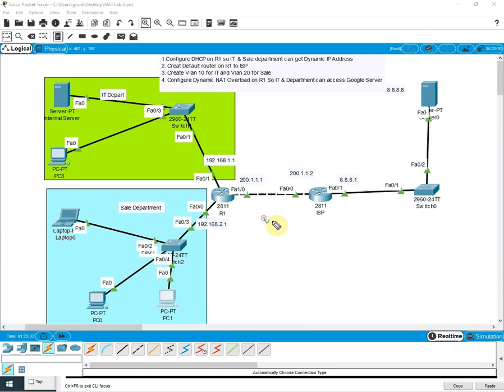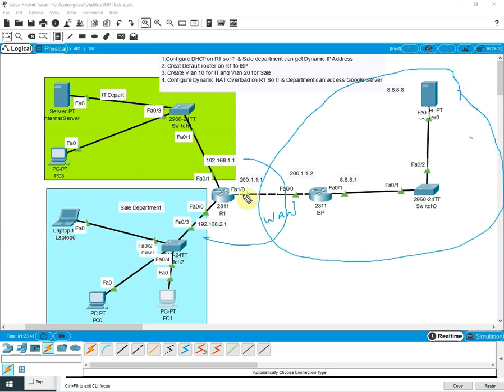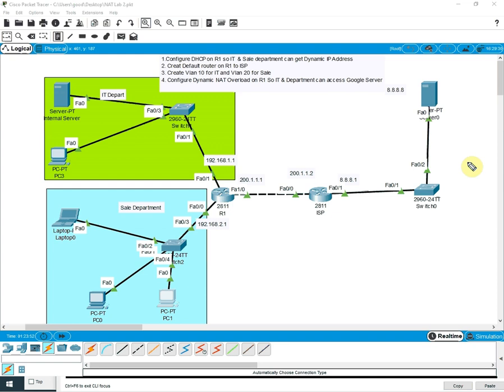This is WAN. This area, from here to here, is an example where I am treating this as the internet. So this is WAN and this is LAN. This area from here to here is LAN. So wherever we have LAN to WAN, we need to apply NAT on that router. So we need to apply it on this router.